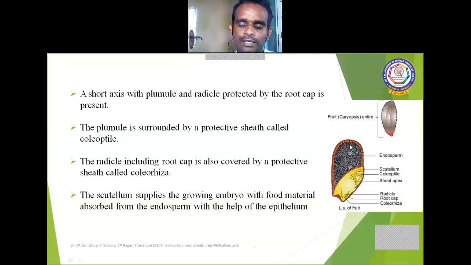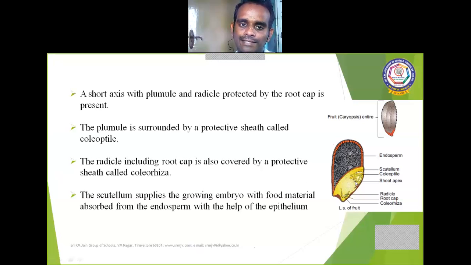It is a nutritive tissue. Its main function is it stores the food materials. It acts as a storage tissue. So endosperm acts as a storage tissue. The main function is it stores the food materials. Okay. Then